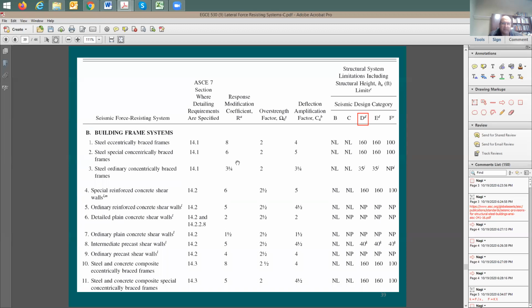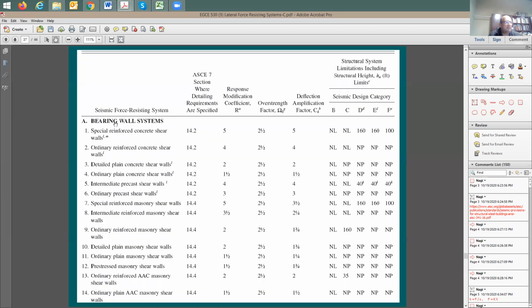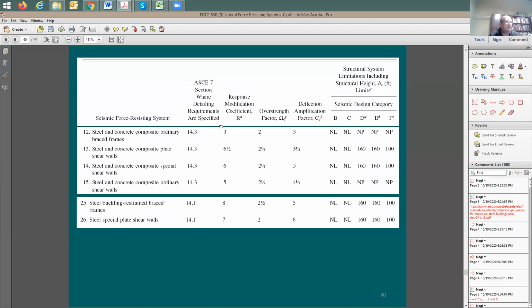And if you'd like to indicate a system, the easiest way to call it is, let's say, B1, B.1, B.2. This is going to be the easiest way, just to make it easy for people to know. And instead of writing the whole thing here, you can just call it B1 system. So we know B is going to be the building frame, A is the bearing wall, and C is the